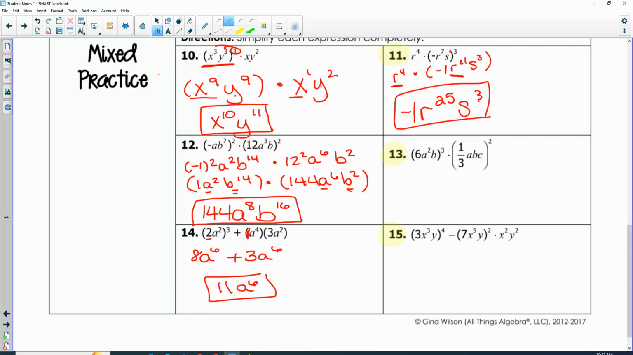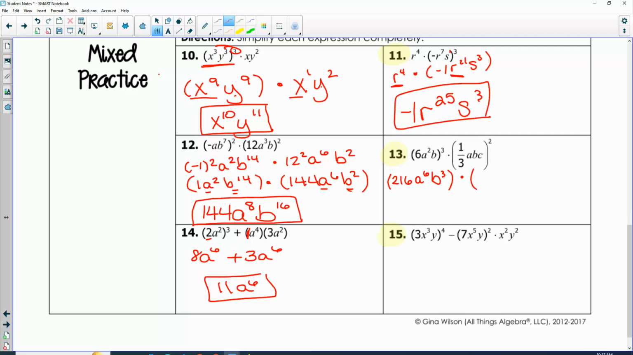All right, number 13. You have to take the third power to everything. So 6 to the third power. You can use your calculator. 6 to the third is 216. A squared to the third. Power to a power we multiply. So that's a to the 6. B, 1 times 3 is 3. So b to the